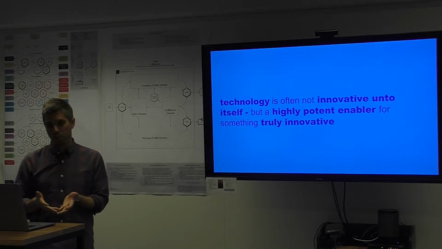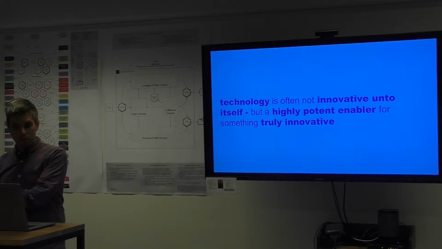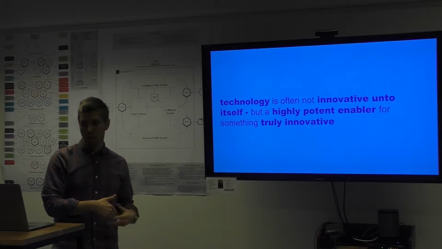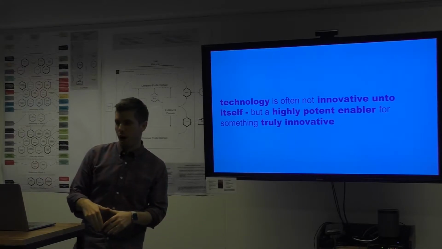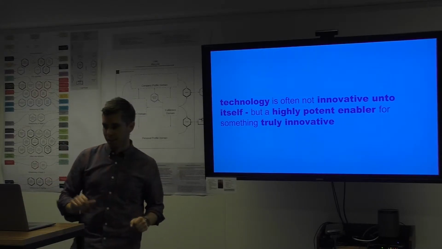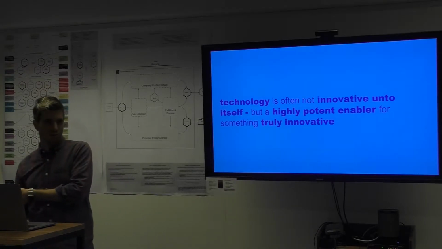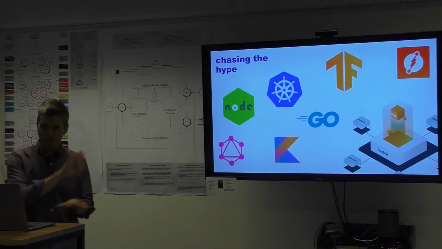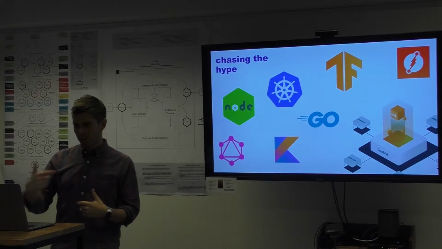Technology is not, in my opinion, often innovative unto itself, but a potent enabler for something truly innovative. Kubernetes to me is totally insanely innovative, so I'm not saying these things aren't. But ultimately Kubernetes exists because people want to search for stuff, and that's a whole other rant unto itself. So that being said, chasing the hype as an engineer, going back to this point,